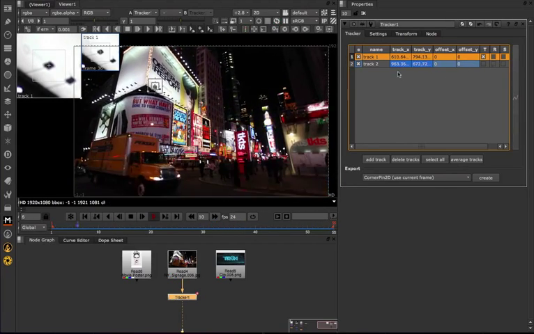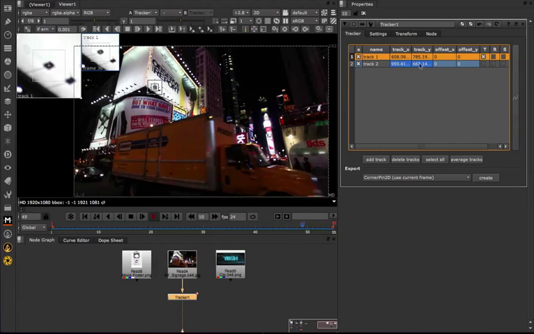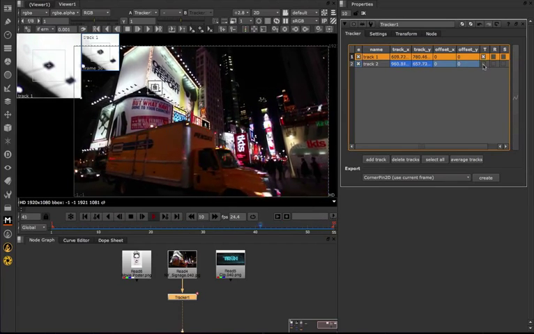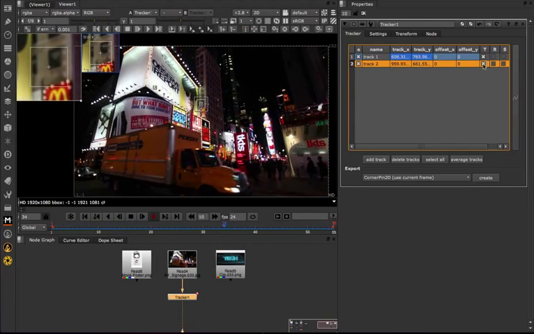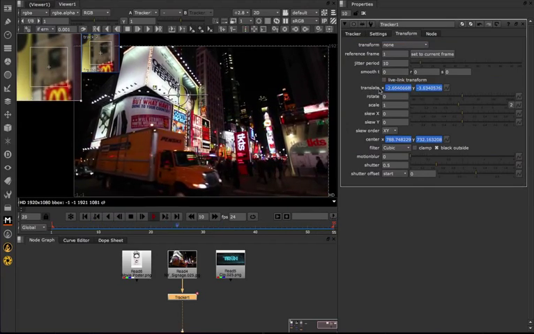We need to tell the tracker that. And if we look over here, we have our X and Y coordinates for both trackers. Okay, they're keying, we have their motion. And basically all they're doing right now is getting the information for the translate. So if I go to my transform options, I can see that translate is keyed